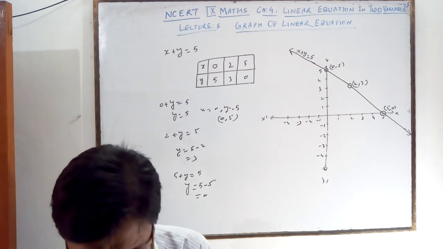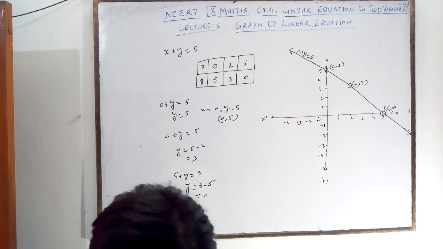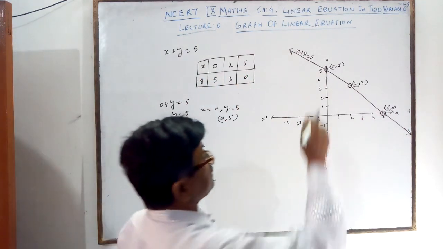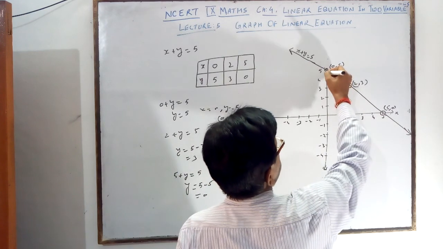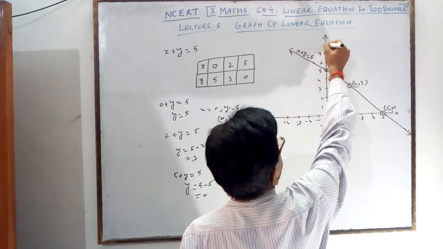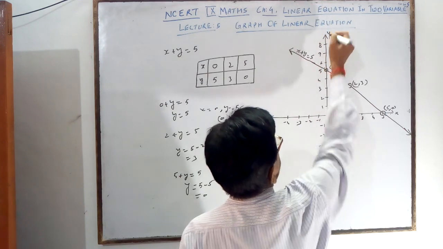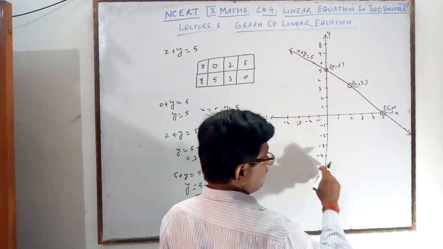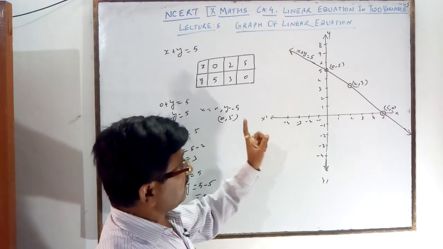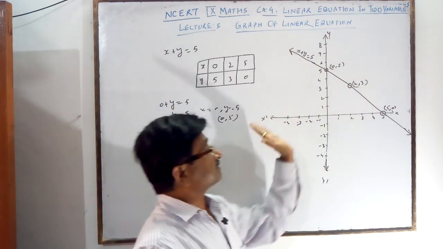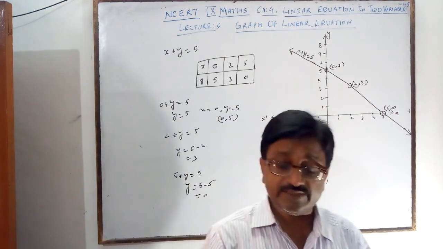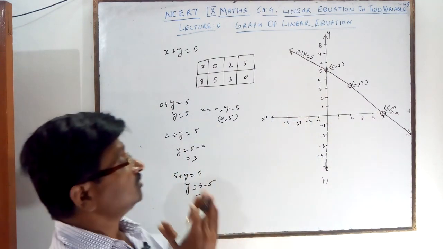Plot the graph for any question. What is given? Some example. x plus y is equal to 5, I have drawn it in the book. If the line is very small, you can increase it. Here is 6, here is 7, here is 8. You can write y, y dash. Dash indicates the minus sign. x is this side, x dash, y dash. When you don't write this, you will get 0 marks. It is a very important point for how you will solve it.